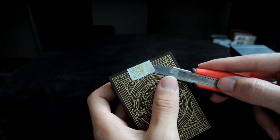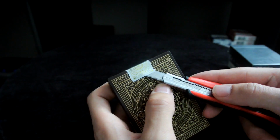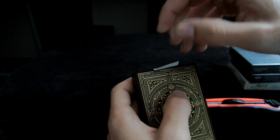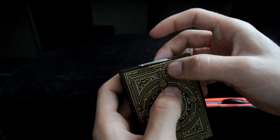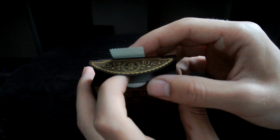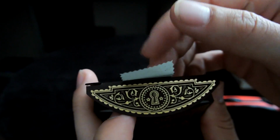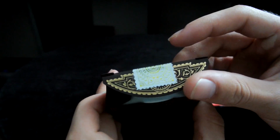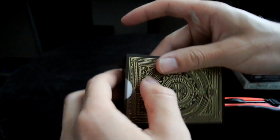Now I want to keep the seal for this deck, because it's a nice square seal. So what I'm going to do is I'm going to pinch it up a bit. Hopefully try to not get any sticky glue there. Open it up, and you get to see right there it has a cool lock, but what I'm going to do is fold it down. Get into the cards,